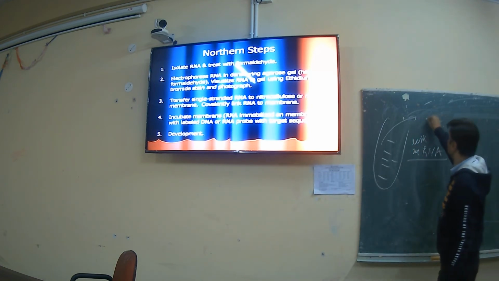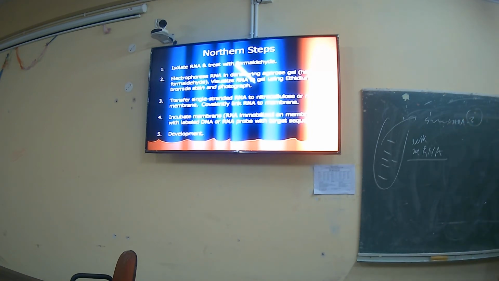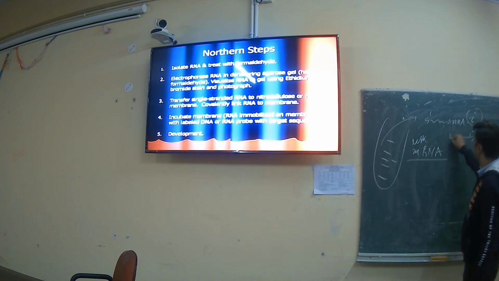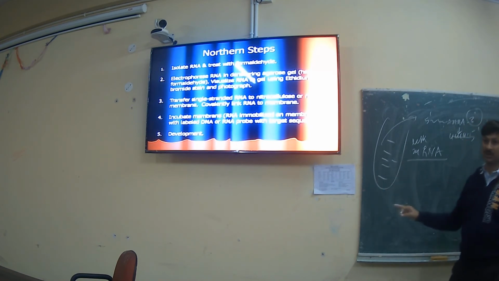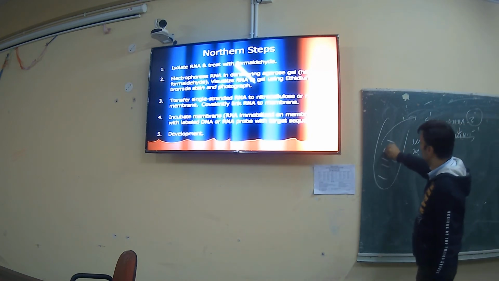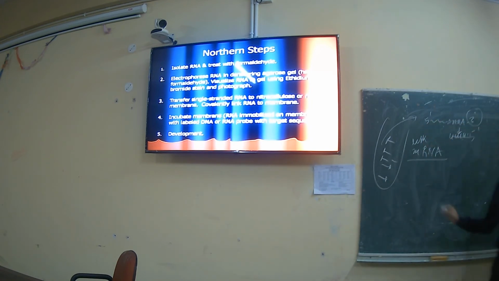All of you know that eukaryotic mRNA has a 5 prime cap and a 3 prime polyadenylate tail. So the best thing is to use a radio-labeled probe, labeled at the 5 prime end, with a sequence complementary to the polyadenylate tail. You use this probe in the mixture, so it will bind only to eukaryotic mRNA and not to any other sequence. So you find that this is a product of a eukaryotic gene. After finding that, you can isolate that RNA.